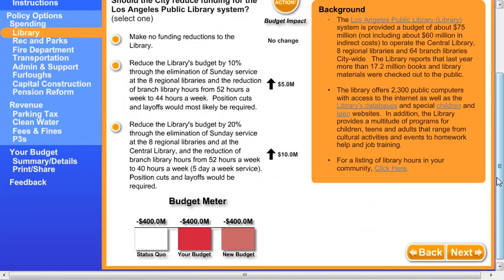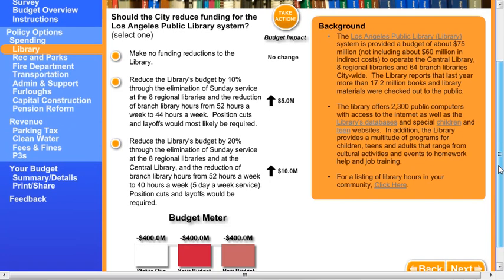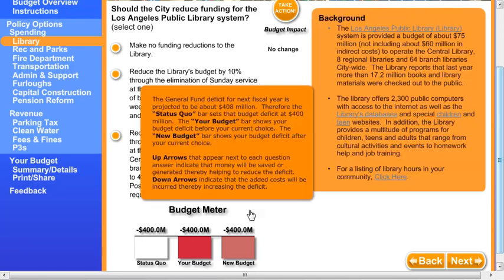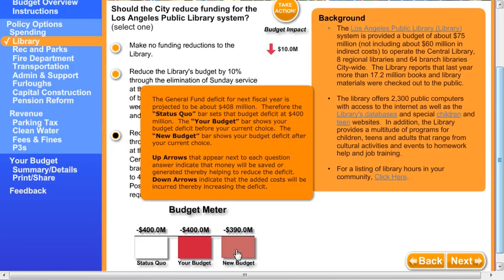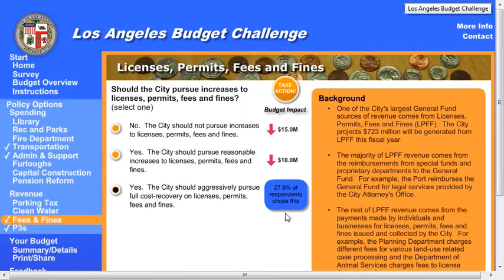As you can see on the first page, it asks me a question about public library funding. Three options. Each of them has different impacts in terms of how much they're going to raise or lower the cost. So this actually lowers the cost by 20%, and you can see the impact that it has on my budget. I'm going to jump ahead and take a look at the end of the survey,